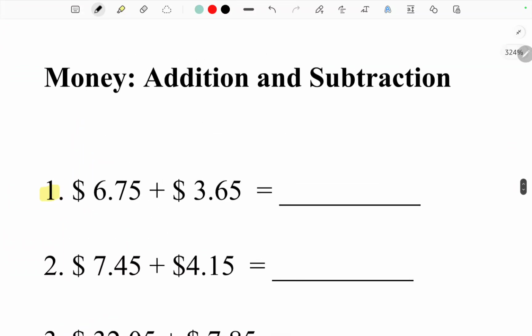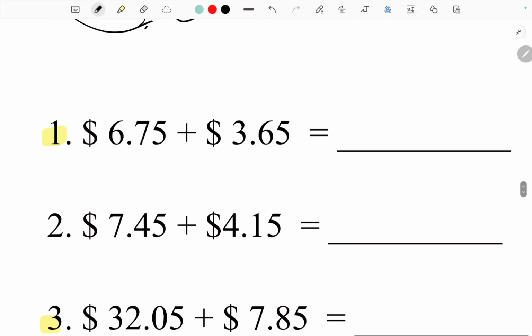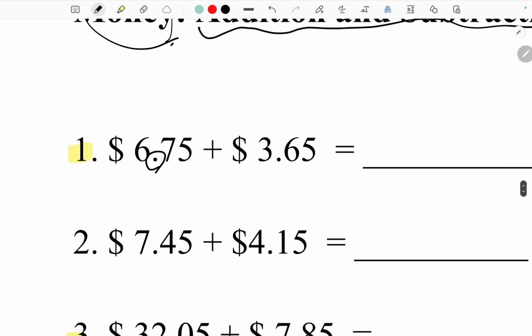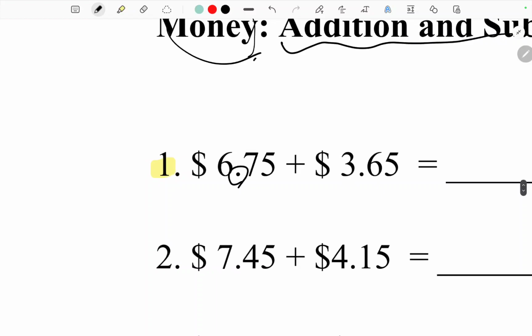Okay. This is adding and subtracting, but you're dealing with money. So this is the basic concept of adding and subtracting, but instead you have something called decimals. So when you're adding or subtracting decimals, you technically line them up, but you don't line them up like subtraction, where you put a line and the numbers are right next to it. You have to line them up by decimal points. And what I mean by that is